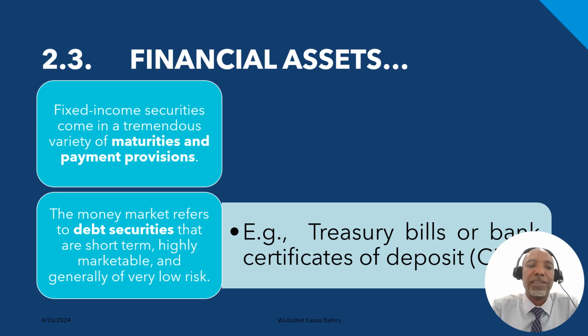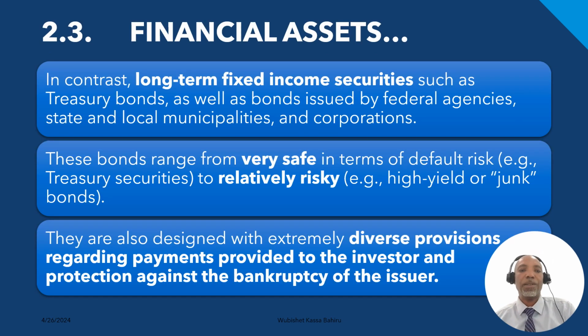So the money market refers to what we call debt securities that are short term, highly marketable, and generally of very low risk. Such kinds of debt securities, like treasury bills or bank certificates of deposit, are less risky and highly marketable. In contrast to such securities, there are other kinds which we call long-term fixed income securities, such as treasury bonds,